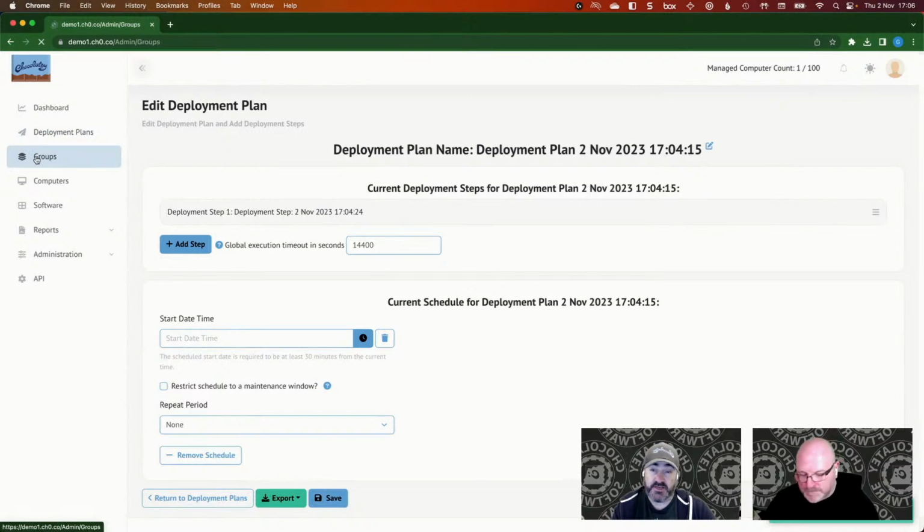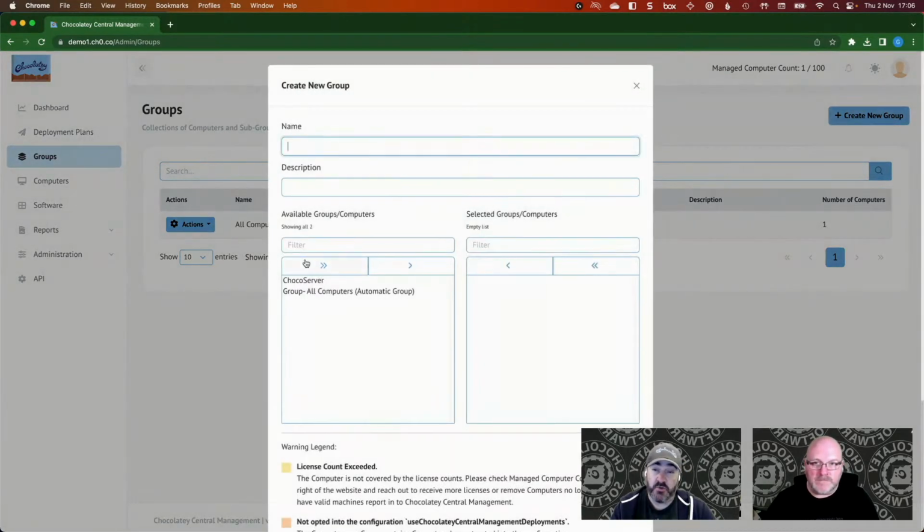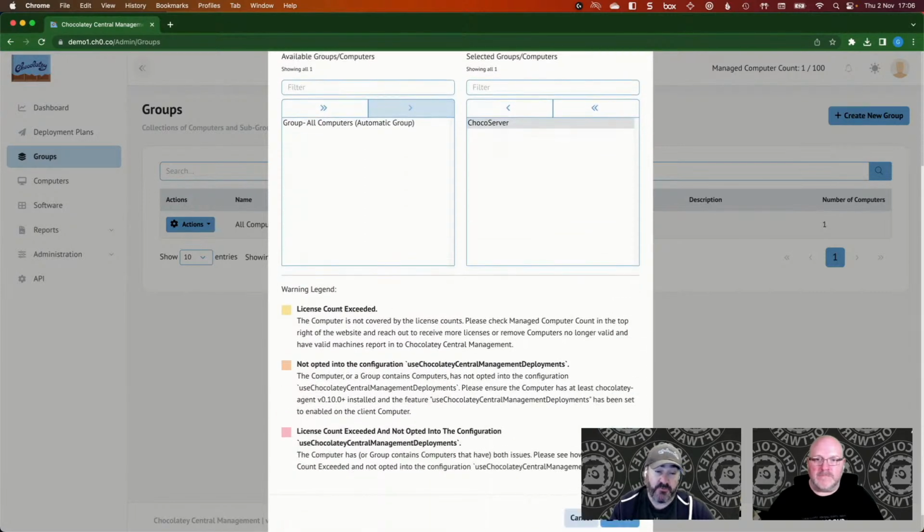And in the groups page, that's where you can maintain the groups of computers that you want to target within your deployment plans. So over here, I would go in here and I could say, well, this is going to be my group because I'm imaginative, and I'll just call it my group as well. So in this scenario, I've got exactly one machine on my Chocolatey Central Management environment. Obviously, you would have more than that, but I could bring over that one computer into this group